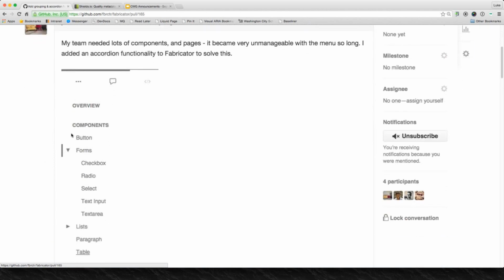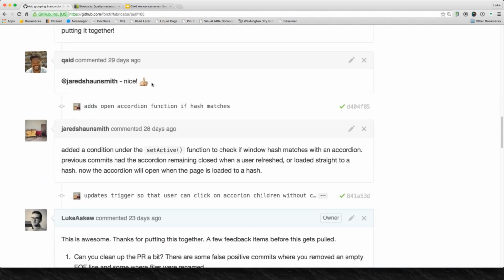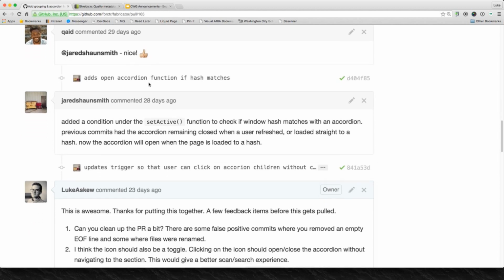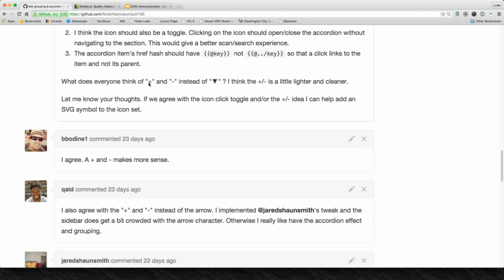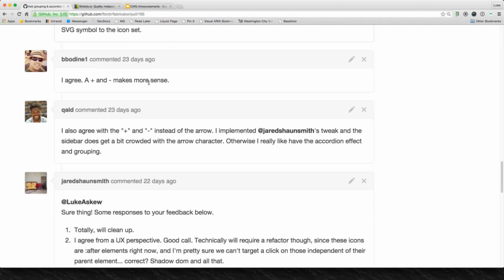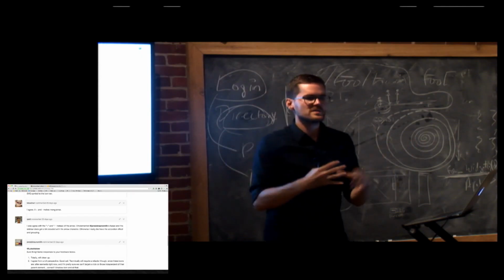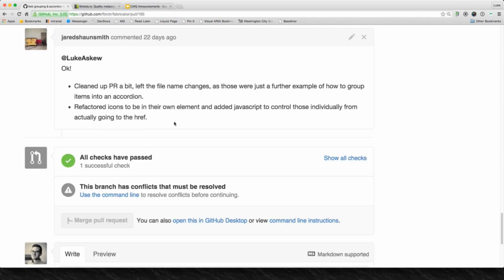You can see here we've had a little bit of back and forth on this. This guy said +1, very nice. Let's get this in. I gave him some feedback on the item. Some other people chipped in their 2 cents. We have this really nice back and forth conversation about what is the best way to integrate this piece of code. And right away too, I have my code set up on a tool called Travis,